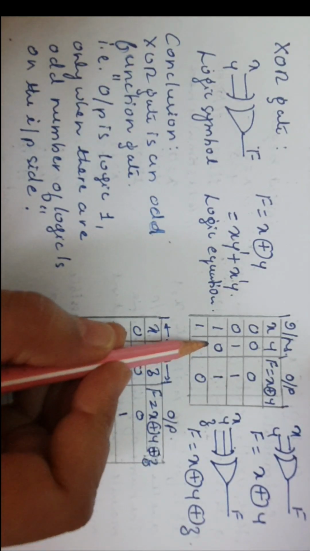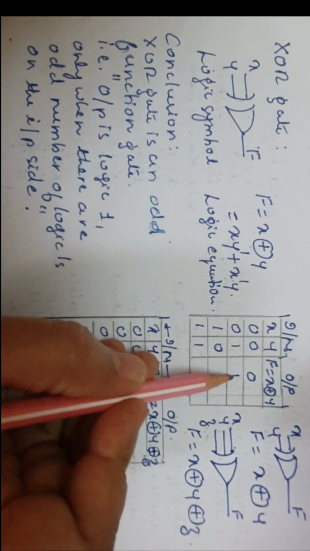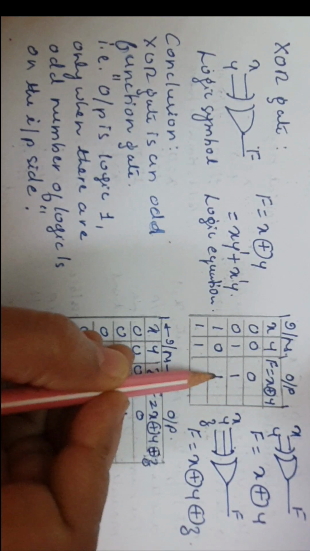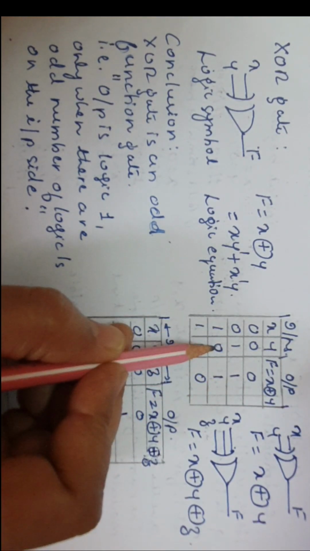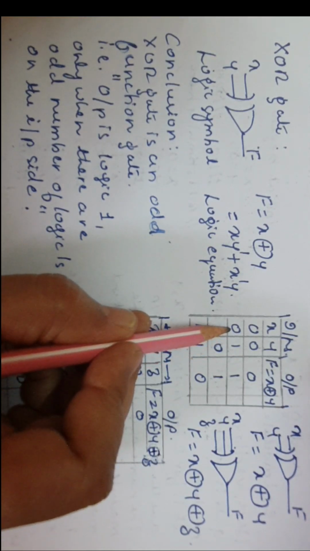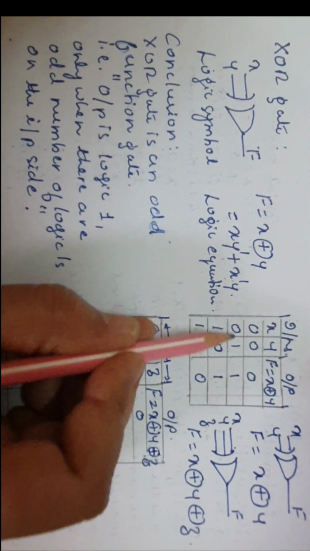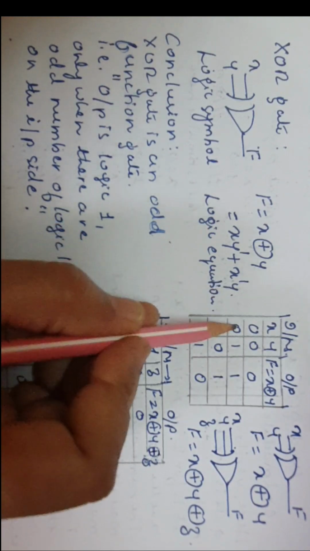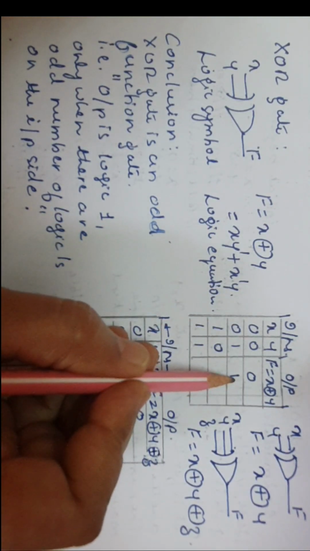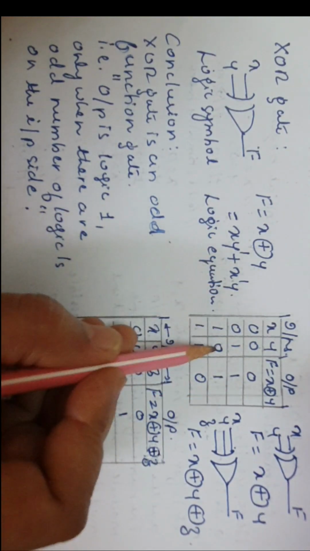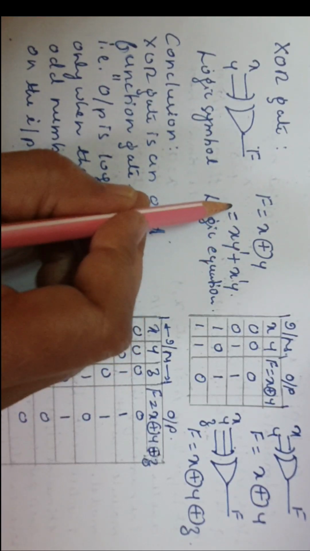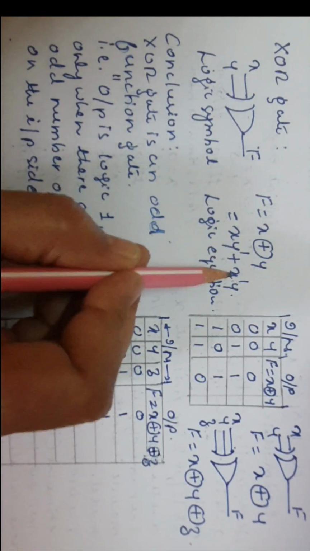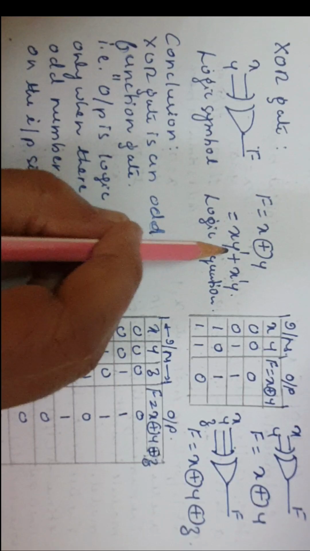So if you observe this truth table, we can see that the output F is true for these sets of input combinations. That is, X is 0, Y is 1, X dash Y. So for the X dash Y combination it is true, or it is also true for the 1 0 combination, meaning the XY dash combination. That is why F equal to XY dash plus X dash Y also holds good for